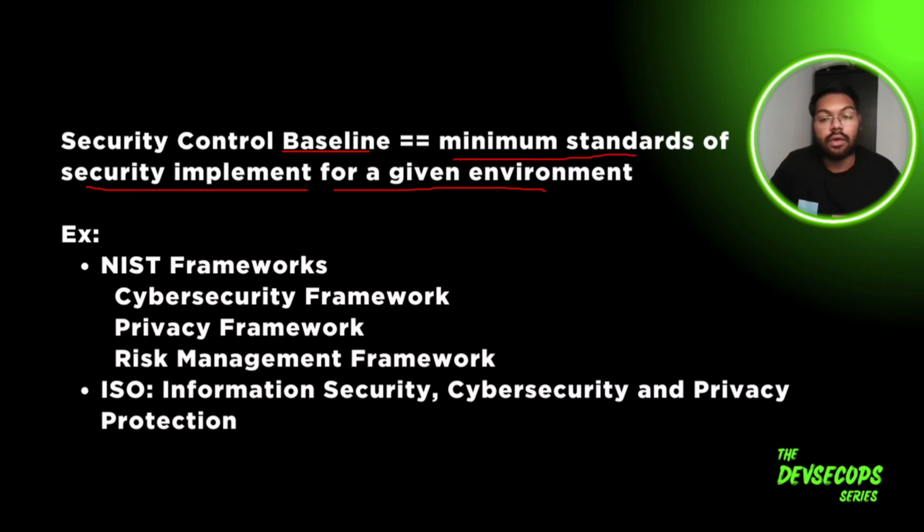Now, let's take the example of a bank. There should be a layer of security that is considered the minimum security control baseline. Minimum 5 guards should be on the gate. Minimum 10 guards should be on the inside. 2 guards should be near the security vault. And then the security vault should have a very thick layer of steel guarding the money that is lastly inside the locker. So the money is our asset. And these are the security baselines that we have created, that 2 guards are here, 5 guards are there, and 4 guards are there.